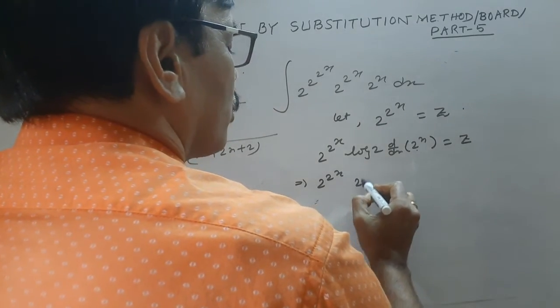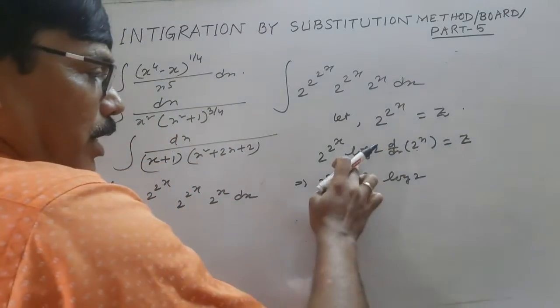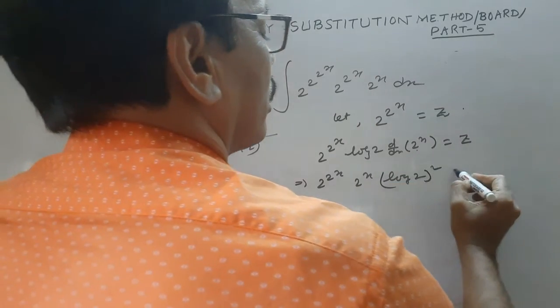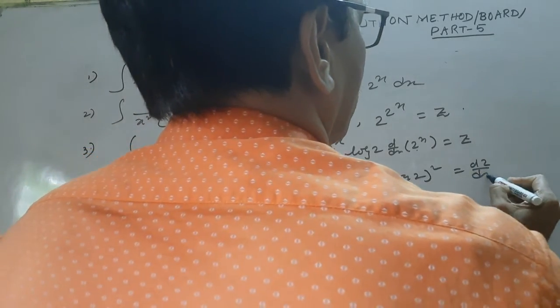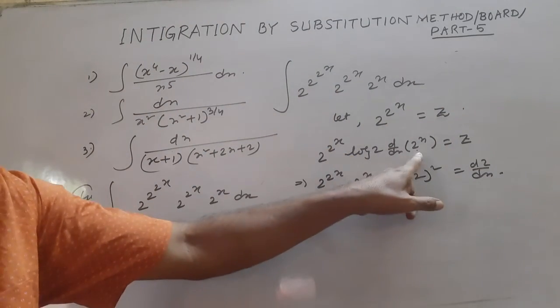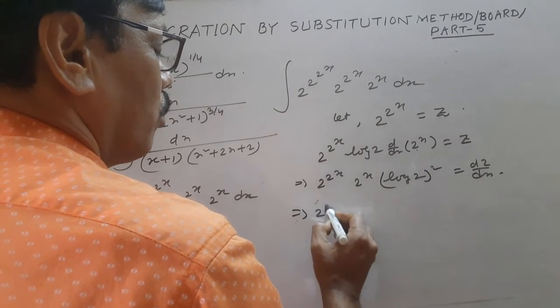2 to the power x into log 2, and at the beginning there is a log 2. So log 2 whole square equals dz by dx. So again it is log 2, so log 2 whole square. So what we are getting, you look,